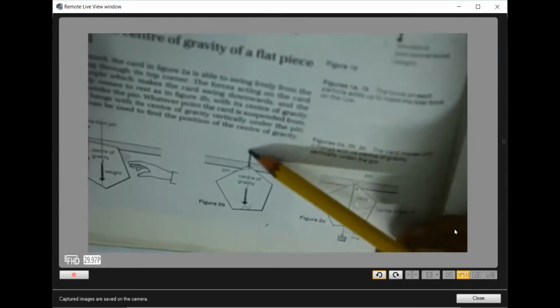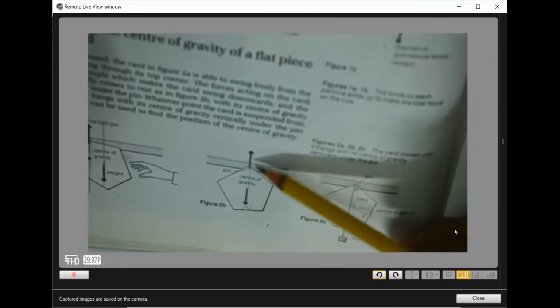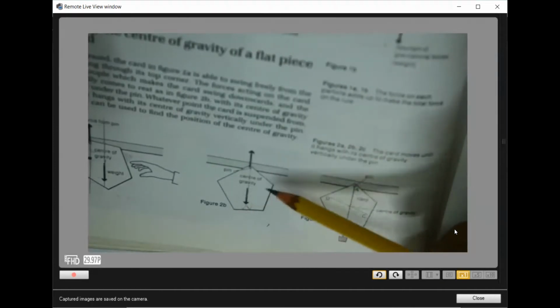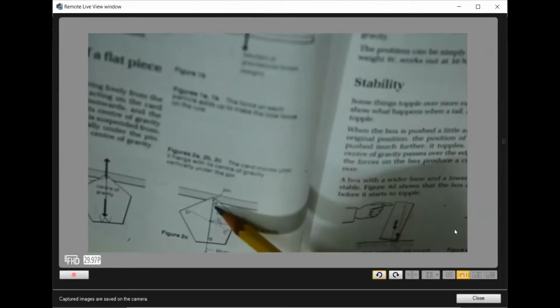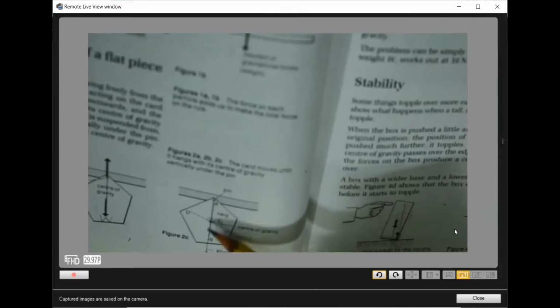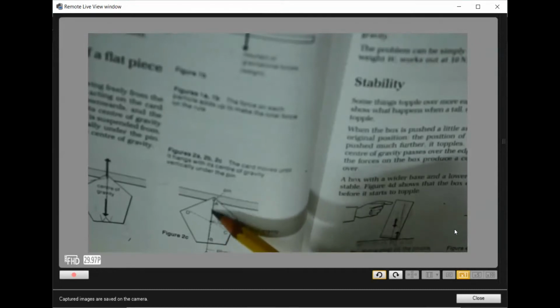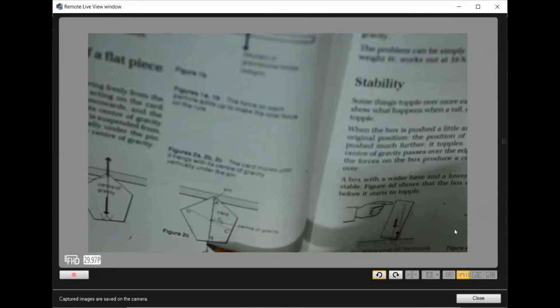So here they cancel out each other, so no net force acting on this, and so now it is in equilibrium. Okay, so this is how we find out the center of mass of any object. How we make it hang. We hang it, and then we draw a perpendicular line, because that perpendicular line will represent the line of action of